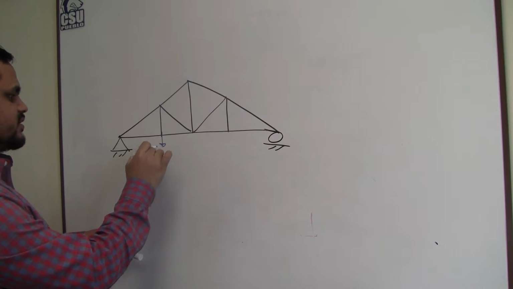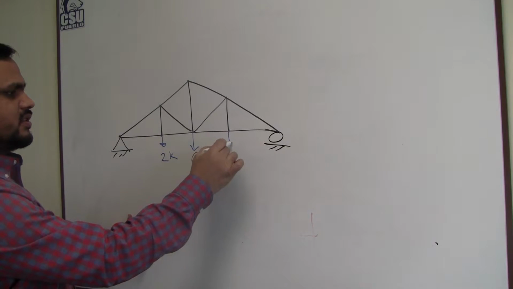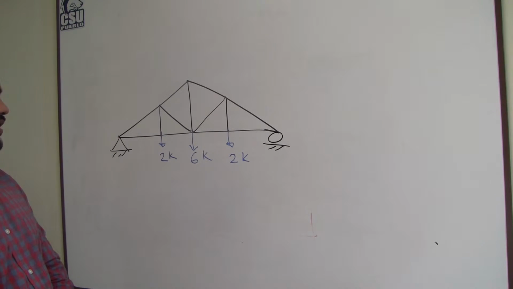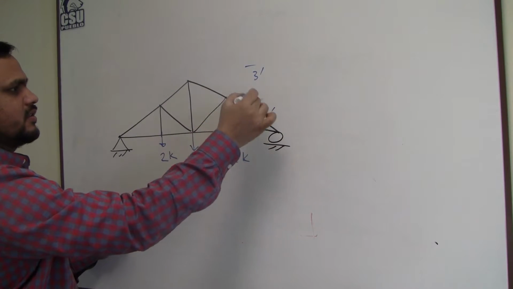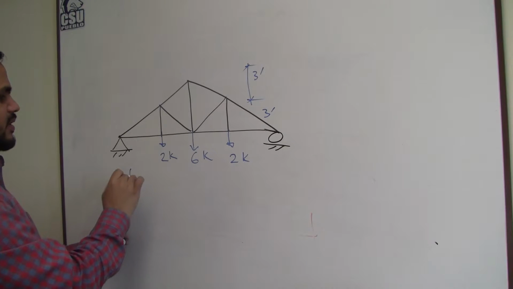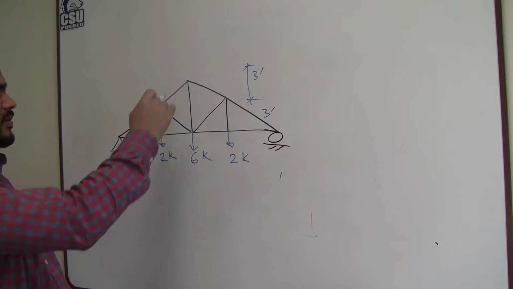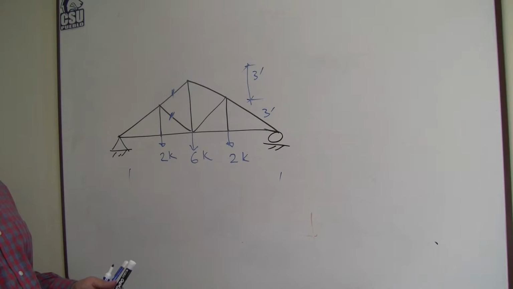Maybe I assume this is 2 kips, this is 6 kips, this one is 2 kips, I think, whatever it is, that doesn't matter. And the distance was given 3 feet, 3 feet, and here everything is 3 feet. Last time I solved for this member. What about for this member? It is similar, but we may need to change my cut or